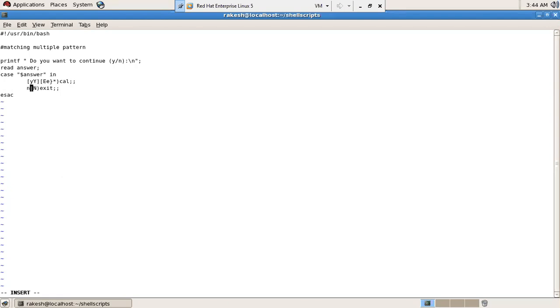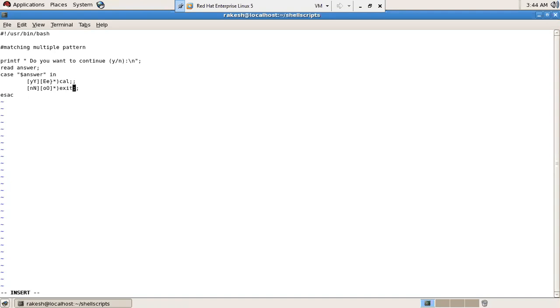Similarly for no, what I'm going to do is, within a character class, N, capital N, then o, small o, capital O, then followed by, if you want, you can use star to take any number of characters.